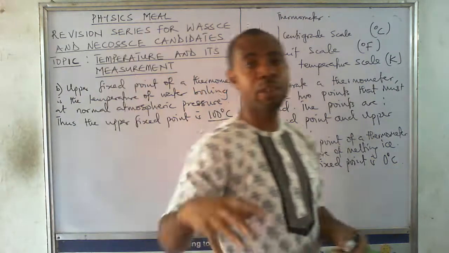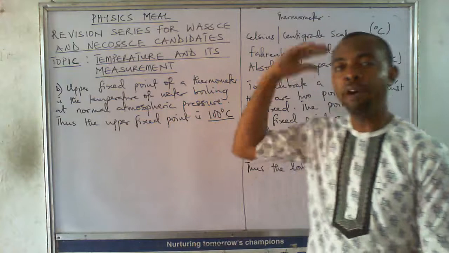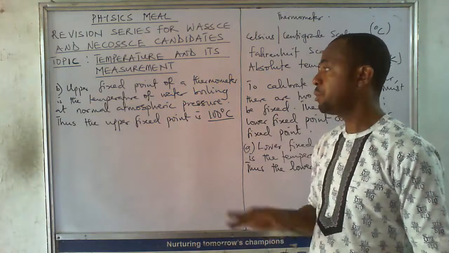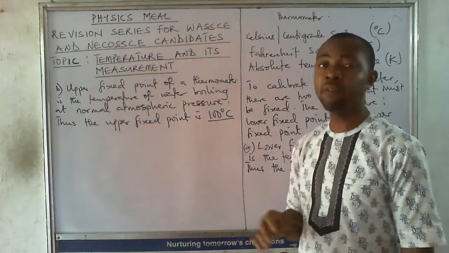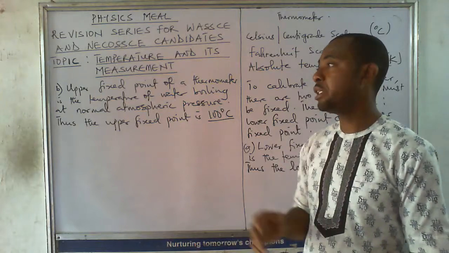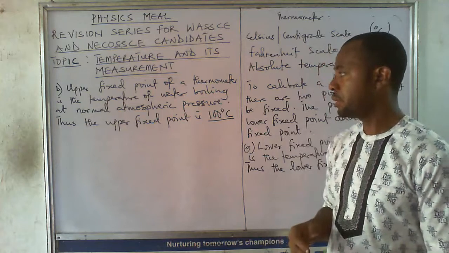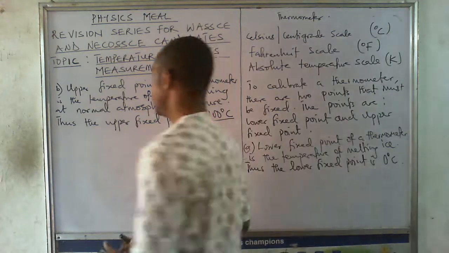So the lower fixed point is 0 degrees and the upper fixed point is what? 100 degrees. Very important. Okay. Now,